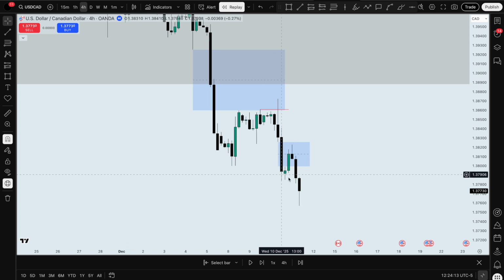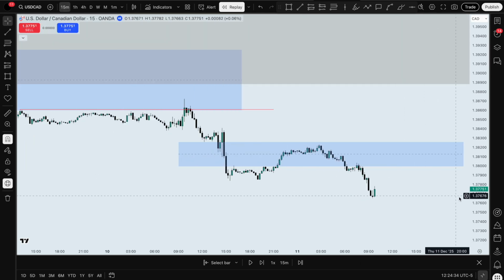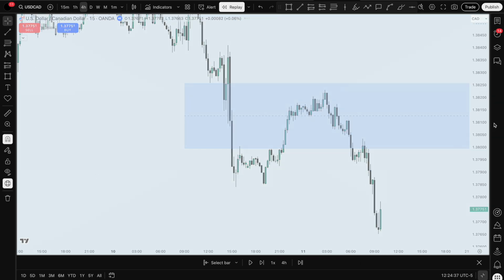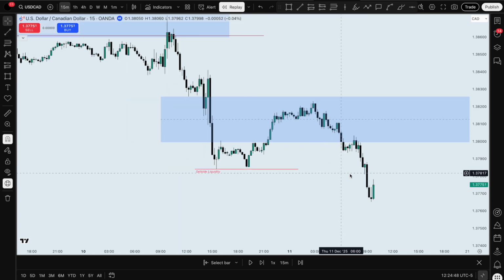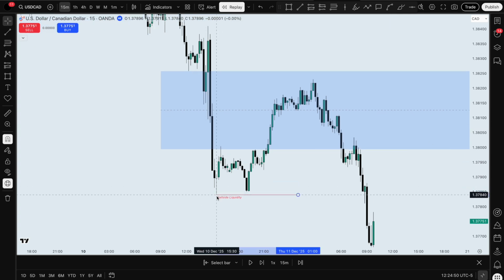And now, what did I tell you just before? When we have a 4 hour internal range liquidity, so a PD array in the 4 hour time frame, we will look for a market maker sell model in M15. So we drop down to the M15 time frame, right? And we can see, remember, I'm going to draw it here. So we have internal and we have external here. So this will be our target. So if I drop down to the 15-minute time frame,